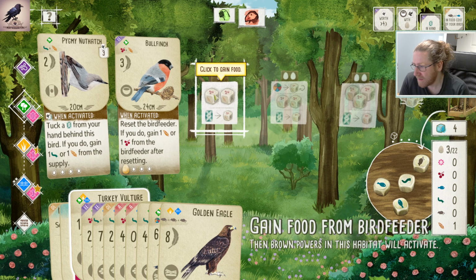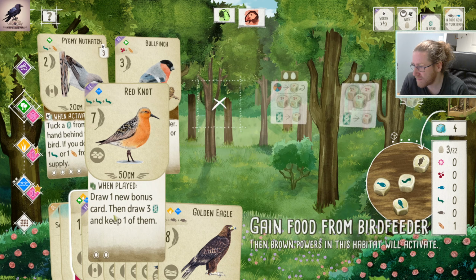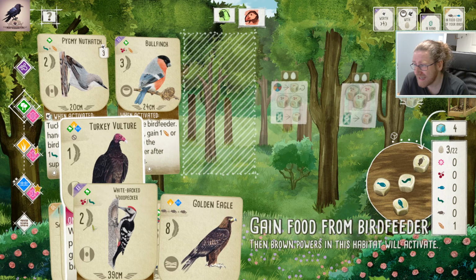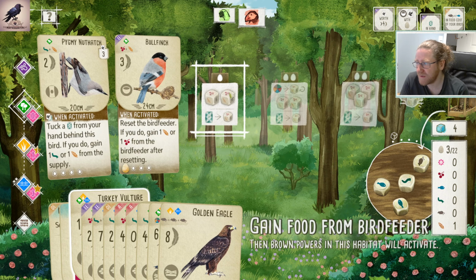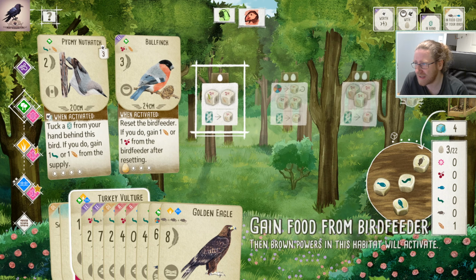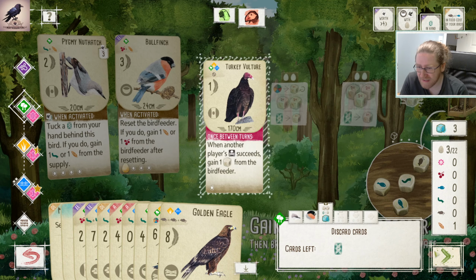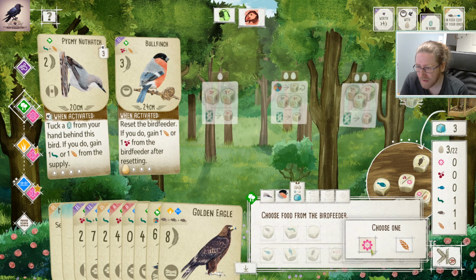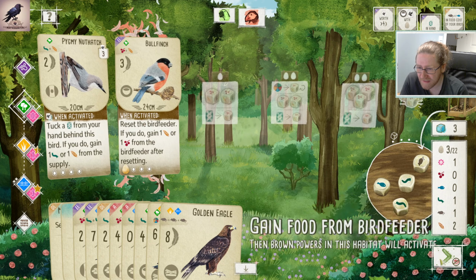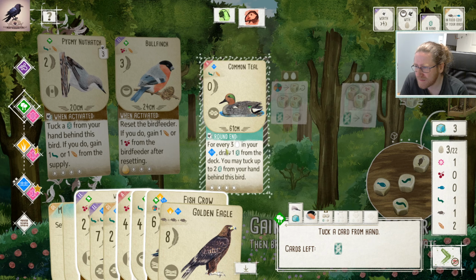Okay. There are 9 turns left in the game. We have 1, 2, 3, 4, 5, 6, 7, 8, 9 cards left in hand. That means that we very well can spend 1 or 2 cards each action to transition them into more resources. So we are gonna sack this turkey vulture to pick up as many foods as we can here. Reroll this guy and get another food, and then we're gonna sack this common teal for every egg in your...